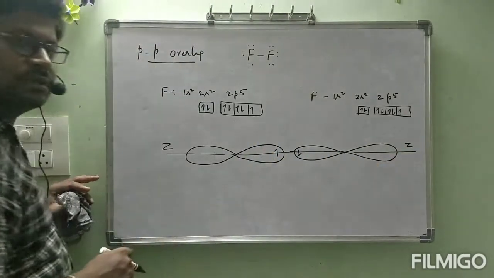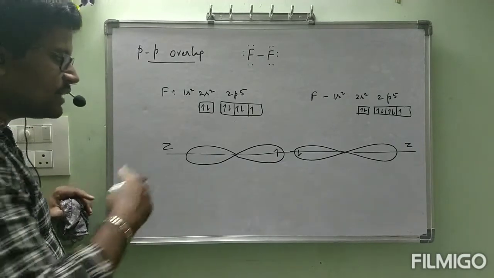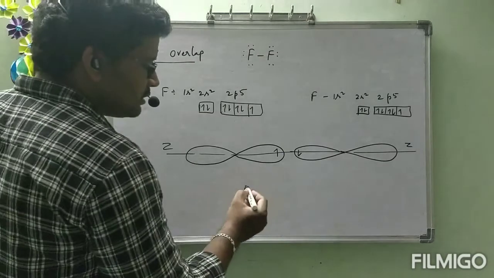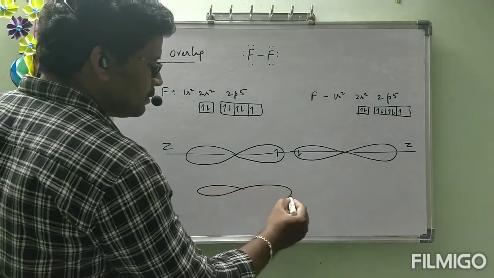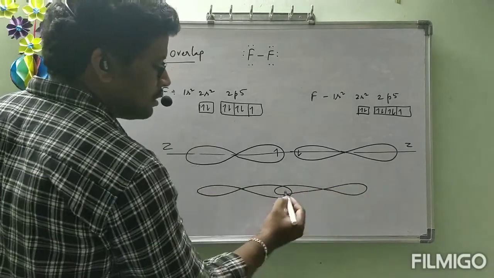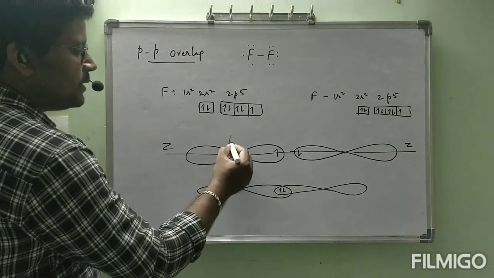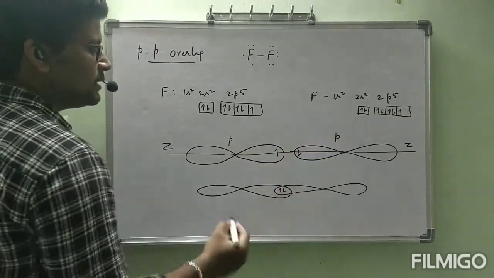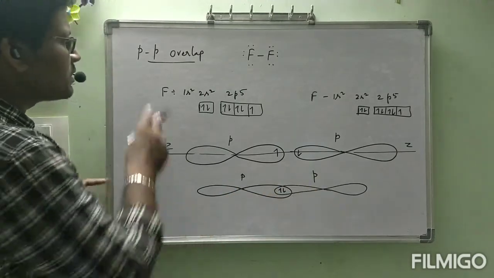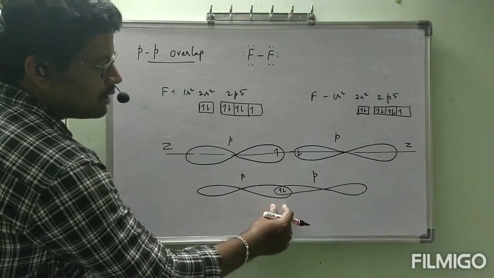So we can say the direction. Along which direction are these orbitals approaching each other? Definitely along the z-axis. Both the orbitals will approach each other and they are going to be involved in bond. Like this. This is the p orbital of first fluorine atom, this is the p orbital of second fluorine atom. If they combine with each other, the process is called pp overlapping. They will be involved in bond in this way.